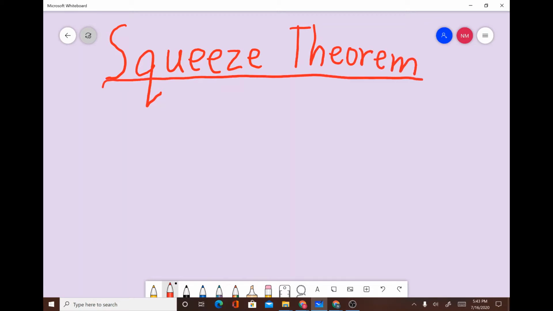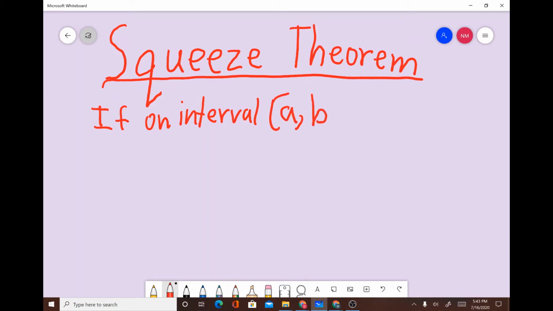Today, I'm going to explain what the squeeze or sandwich theorem is. The squeeze theorem is used to find the limit for a function f of x and states that if on an interval a to b, f of x is always greater than or equal to a function g of x and less than or equal to a function h of x,